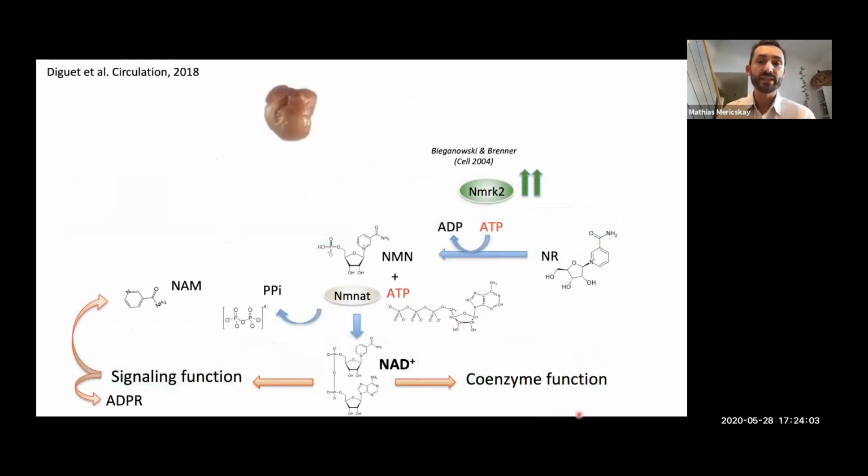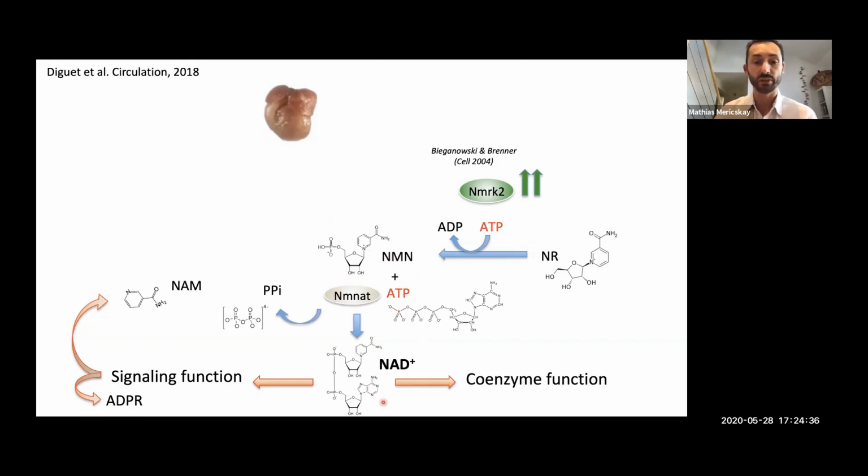So what is this NMRK2 doing? It's a kinase which uses a substrate called nicotinamide riboside, NR for now, which is the nucleoside form of the vitamin: there is nicotinamide and the ribose associated. As a kinase, it simply uses ATP to phosphorylate this ribose, this nucleoside, to generate NMN, the nicotinamide mononucleotide, which is then